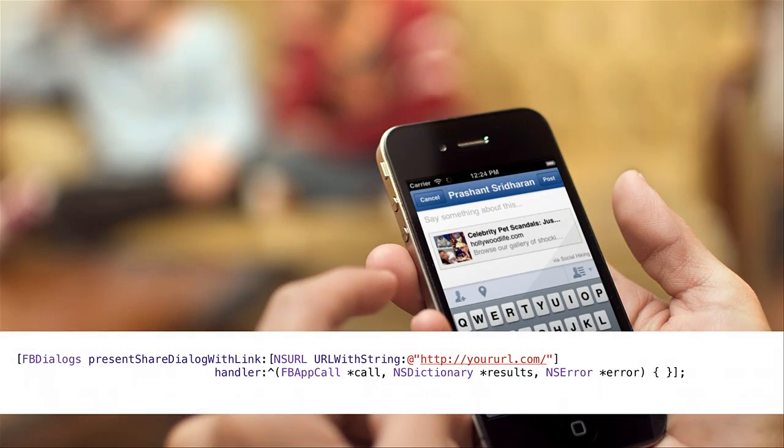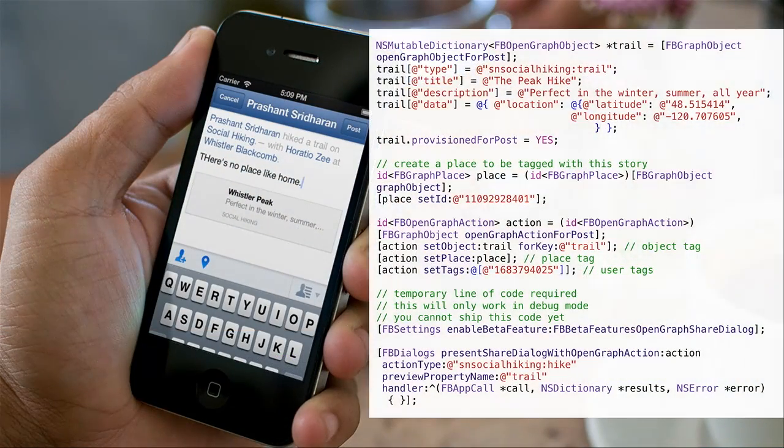So thinking first about the very simplest form of the native share dialog, again, one line of code, I'm using the FB Dialogs class once more, and I'm invoking the present share dialog with link method, where I'm providing a link, of course. And there's a handler block as well. Slightly more complicated,